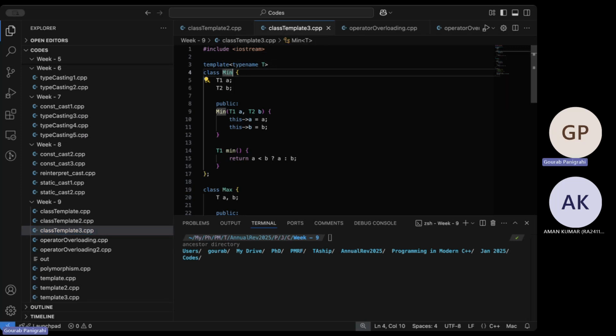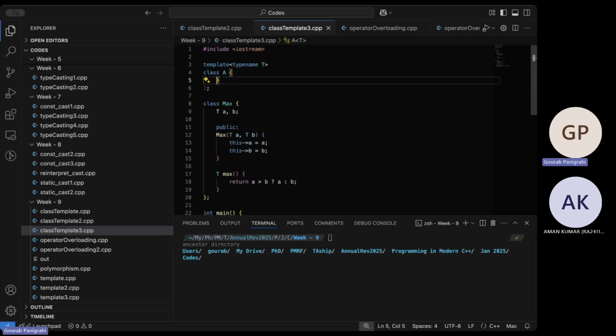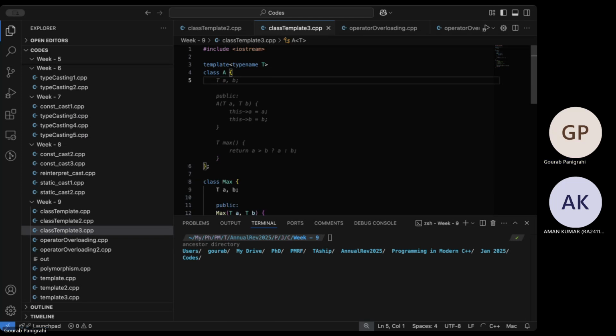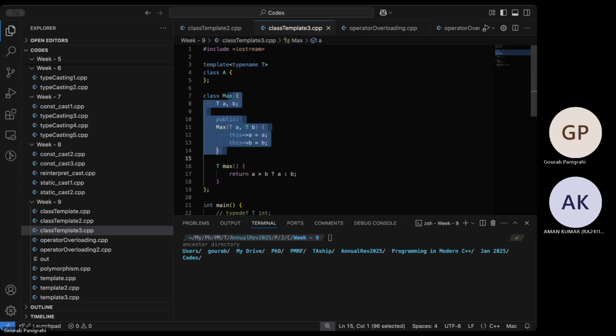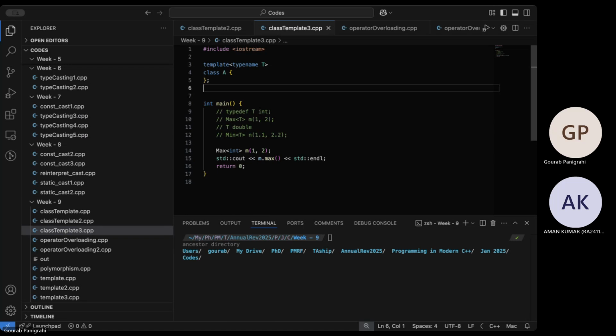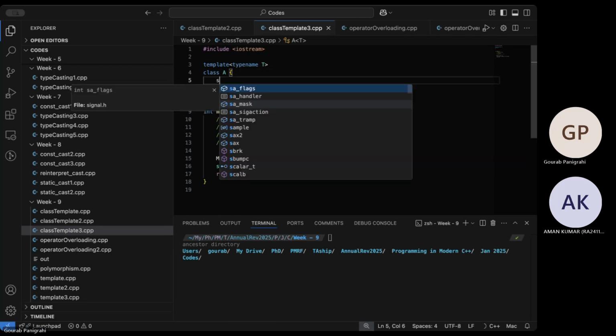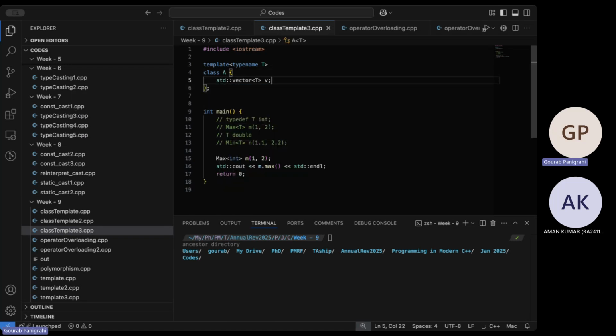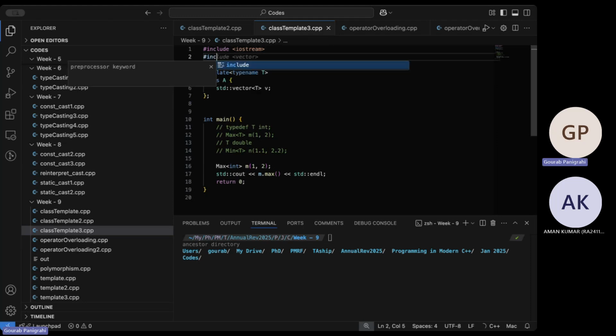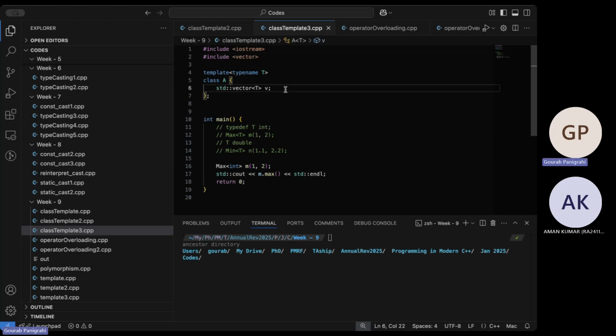The class will call it A, and instead of min and max, I don't require this. So standard vector V of template type T. This is the vector V, and I'll include the vector class.